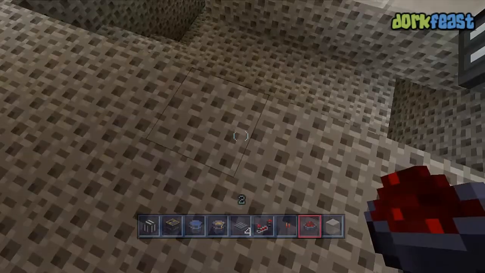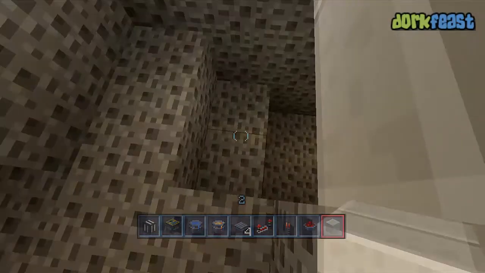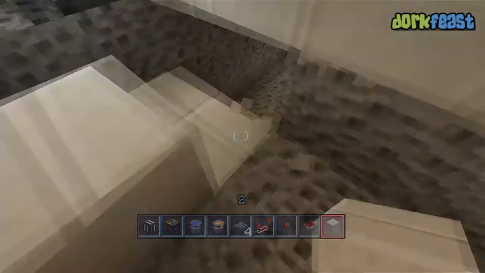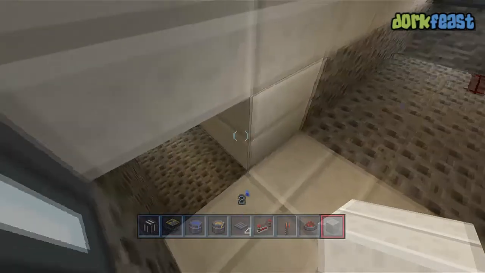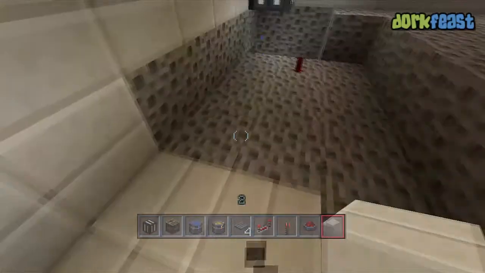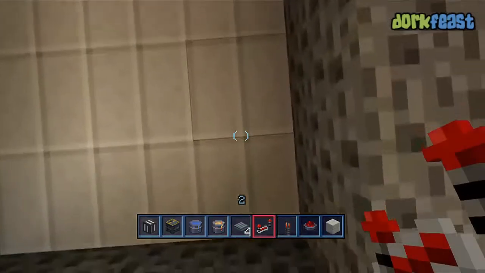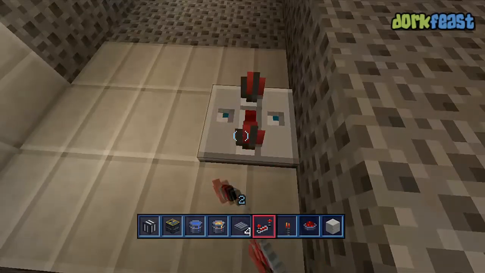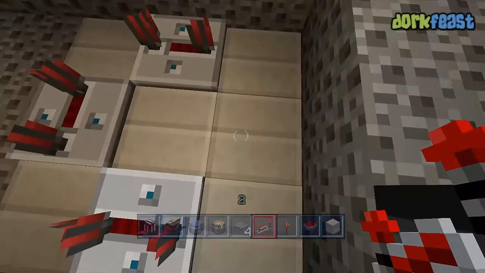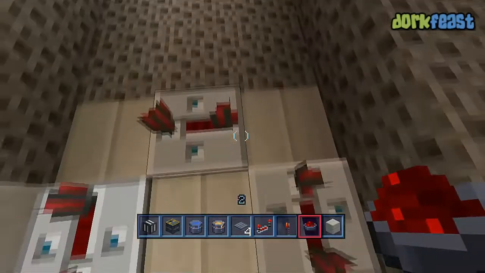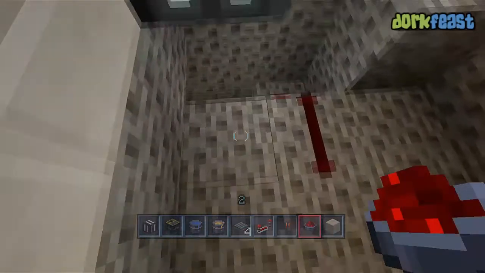And now to build our clock. So just gonna fill that in. So for the clock we do redstone repeater, set to 3, redstone repeater, set to 3, redstone repeater, set to 3, or 4 actually, I'm sorry. I should just turn it all the way up. And then do the corners. And then just connect this